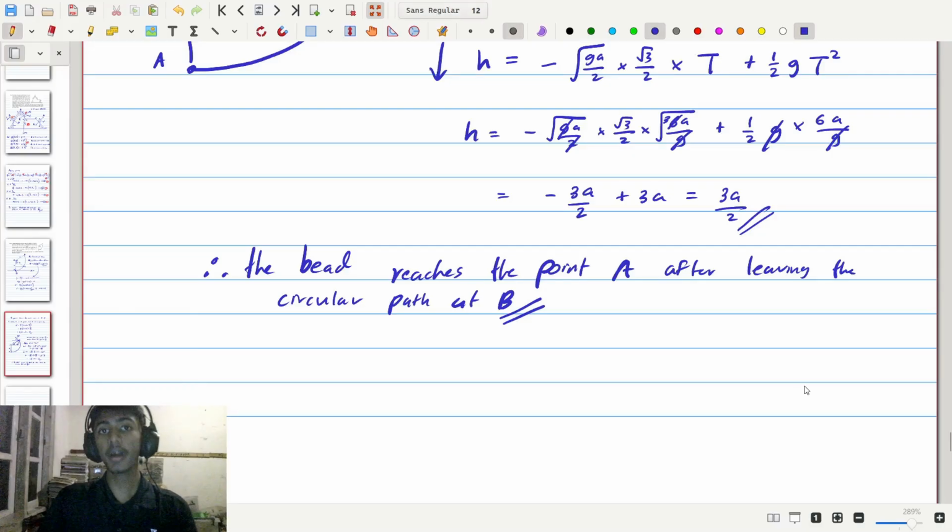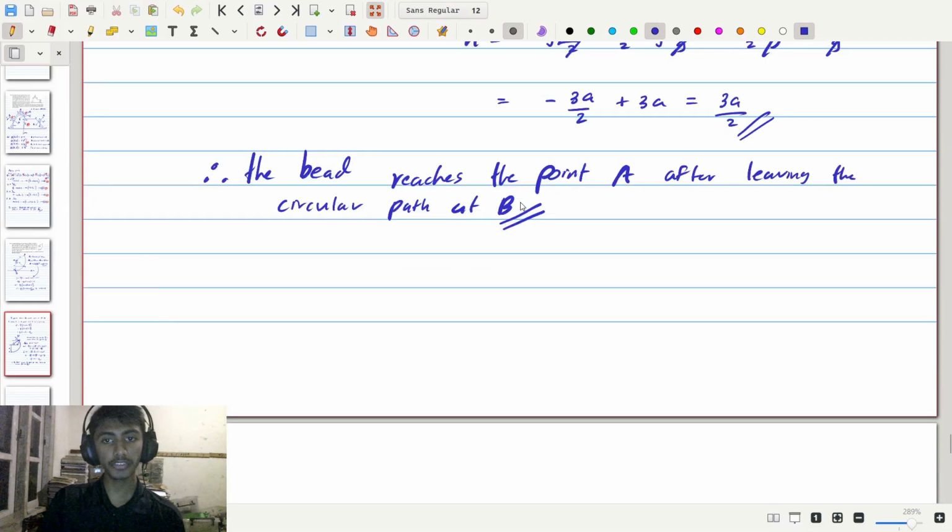Now for the final part of the question, it asked us to find the velocity of the bead as it passes the point A. Now we can easily find this, it's not that much to talk about, but I'll just write a single sentence to answer it. We can say, by conservation of energy,